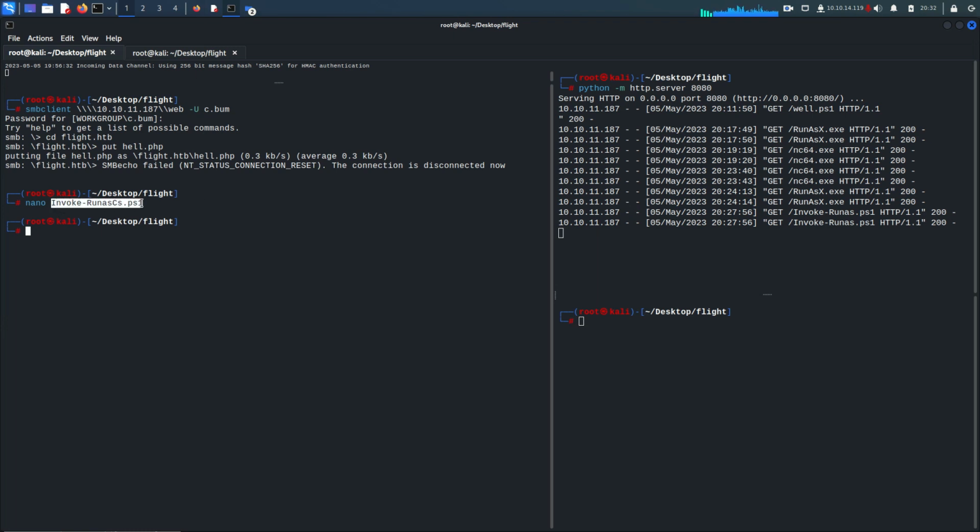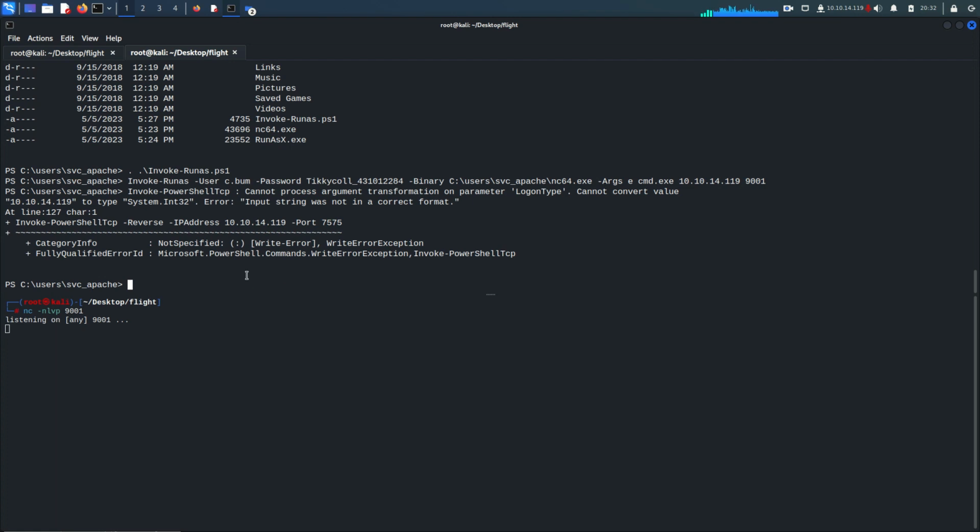So this is the file name. I'm going to copy it back here again, certutil -urlcache -f -split http://10.10.14.119